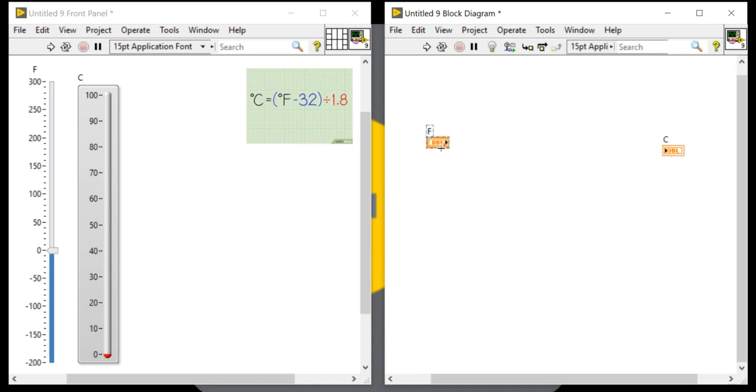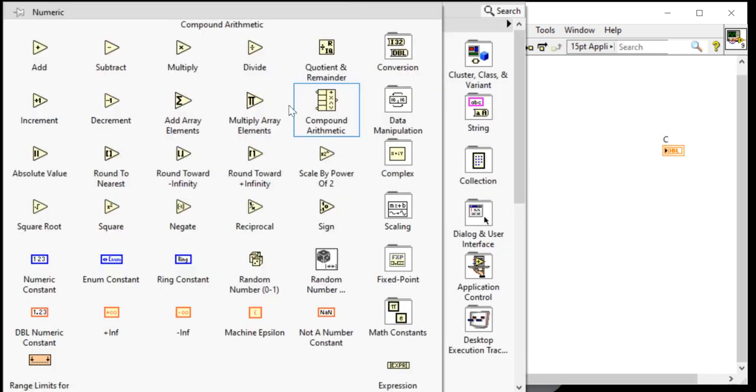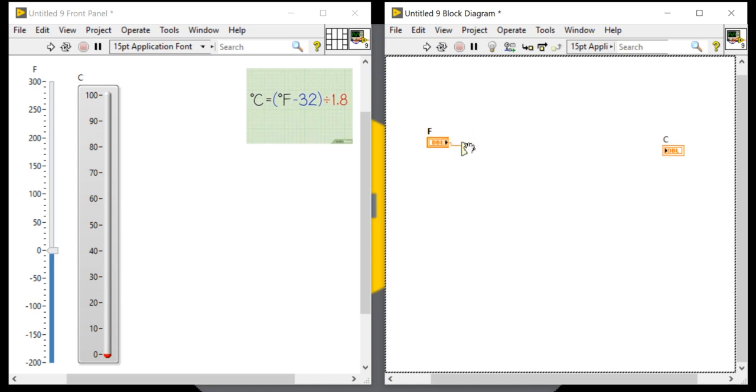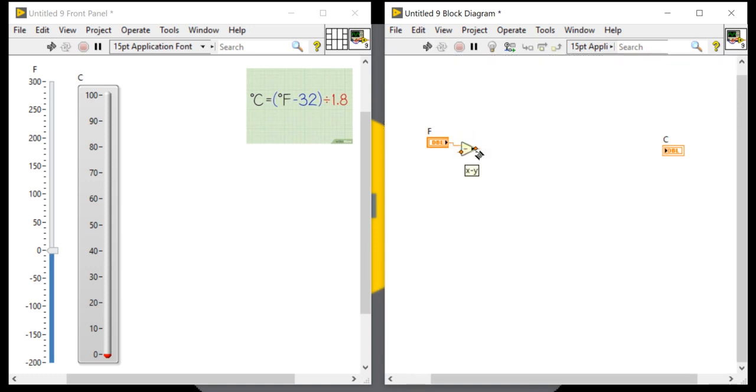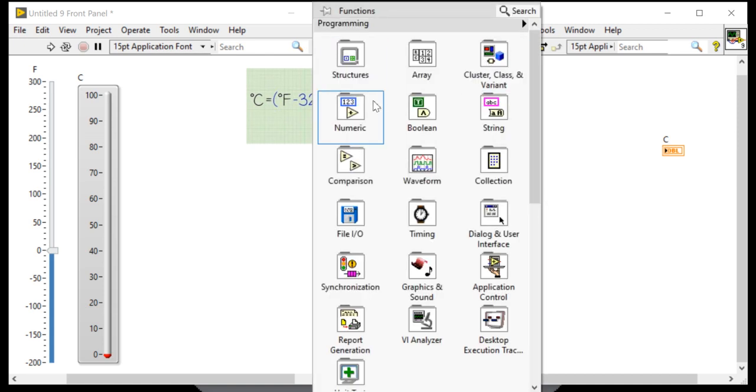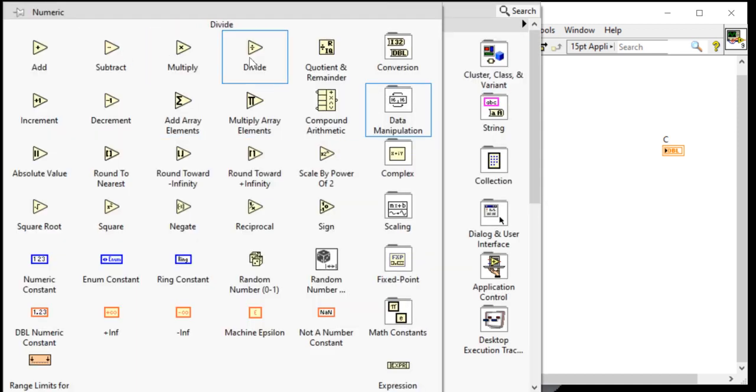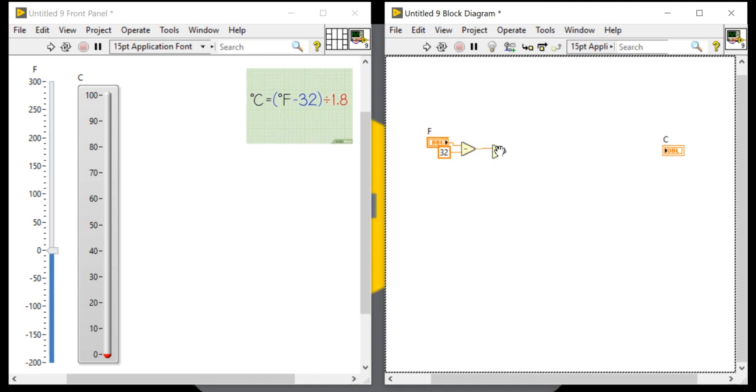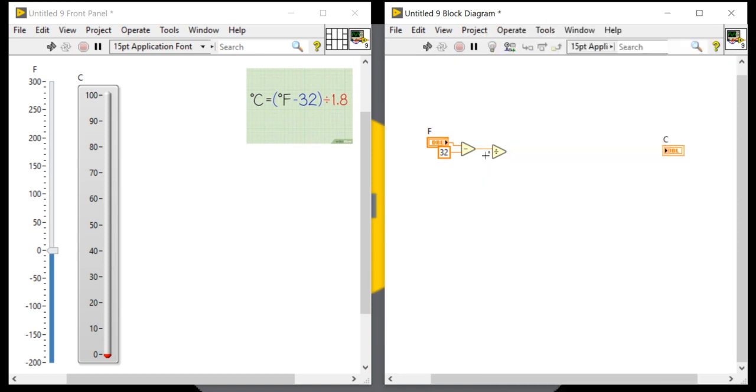Let's try to write the logic. F minus 32. 32 is the constant value. F minus constant 32, divided by 1.8. Logic. Now see how easy it is.